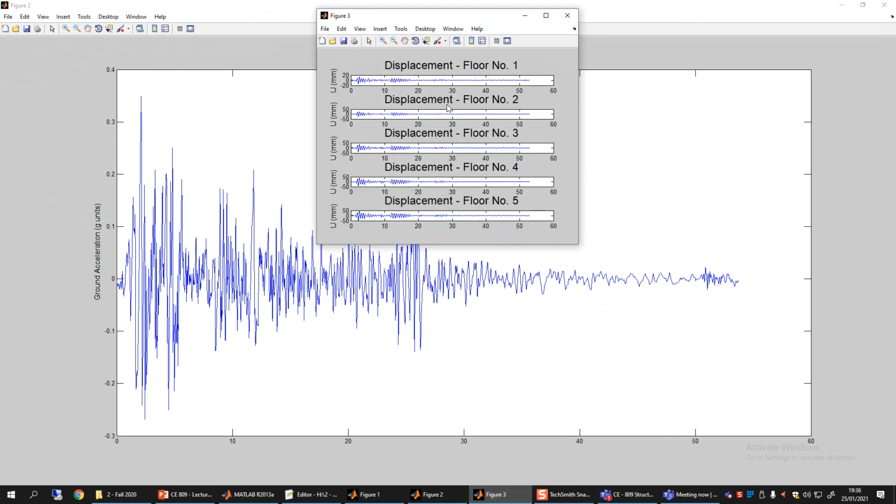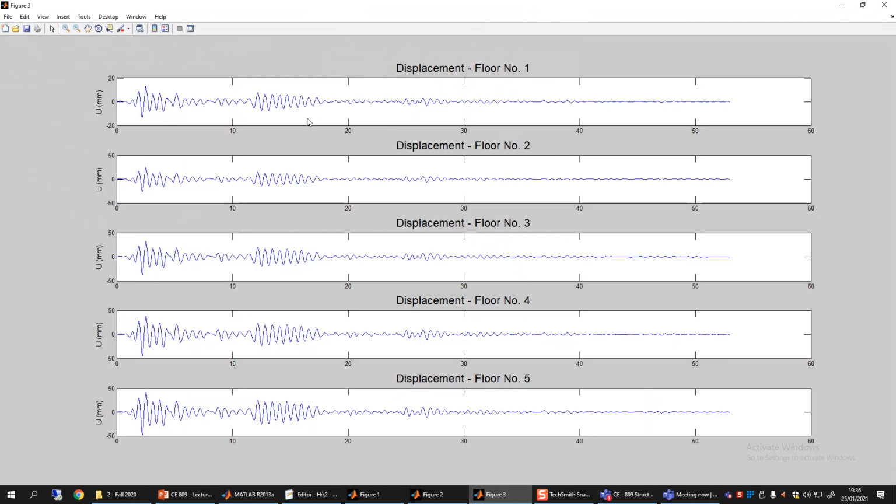And then this figure 3 is basically the displacement, the response displacement for all of the 5 floors. So you can see here that they all look very similar, which means that the structure is primarily responding, you can say the story displacements are almost in phase, which means that when the top story is going towards the right hand side, all the other stories, the bottom stories, are also following it.